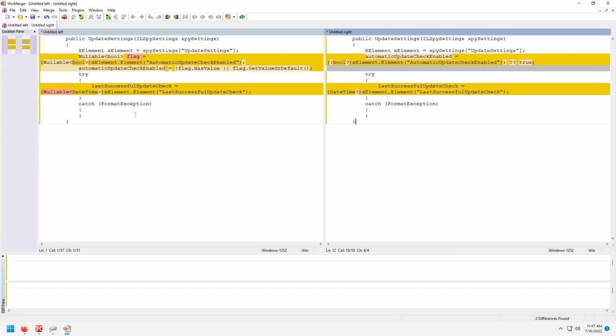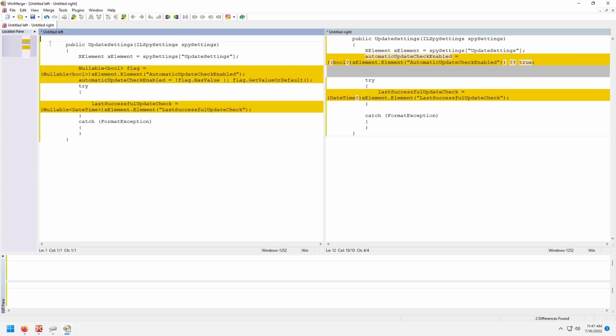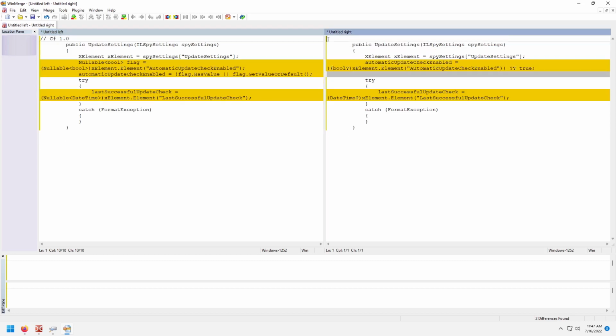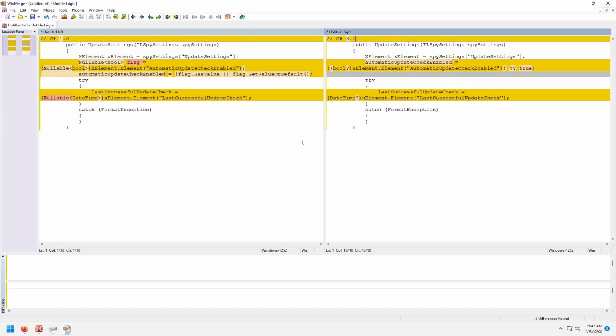Okay. So let's put a comment in here. So on the left hand side we have the older C# syntax, which is C# 1.0. And on the right hand side we have the newer syntax, which is C# 8.0. So again, C# 8.0 has the question mark binary operator. That does not exist in C# 1, so when decompiling to older versions of C# that don't have the question mark operator, ILSpy converts it to